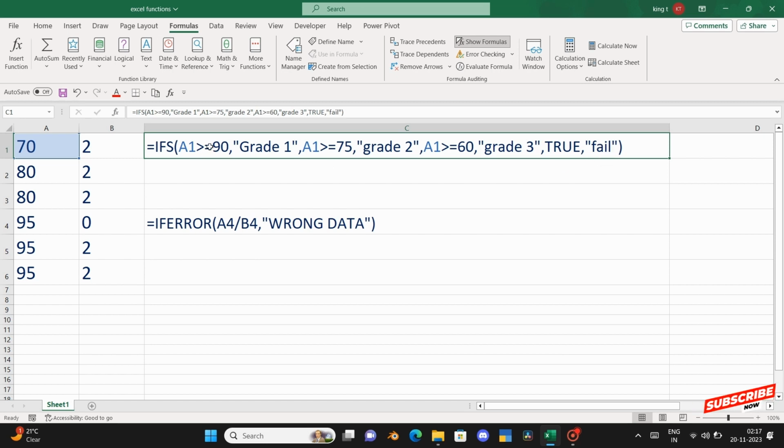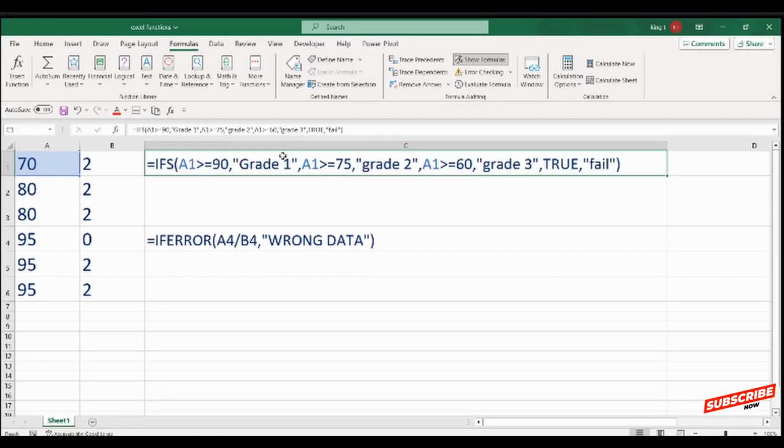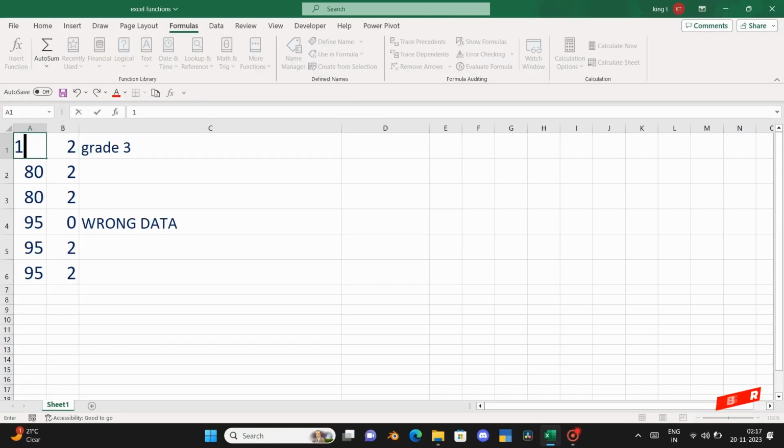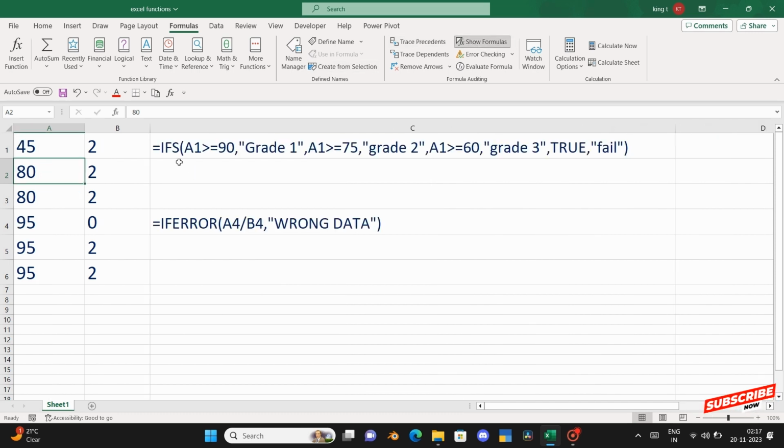If A1 is greater than or equal to 90, it prints grade 1. If it is not true, then it checks the grade 2 logical test. Then it checks the grade 3 logical test. If all the conditions are not true, then it prints the default case. In this example, we have 70, so we have grade 3. Now I am changing it to 100. Now it is grade 1. 45 is fail because it is not in the case of grade 1, grade 2 and grade 3. So 45 is not in grade 1, it is not in grade 2, it is not in grade